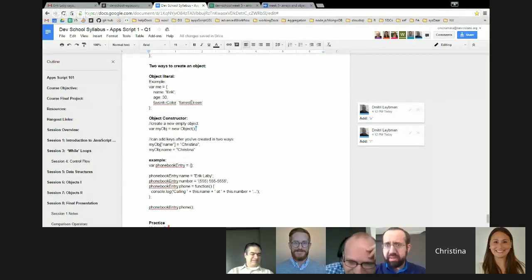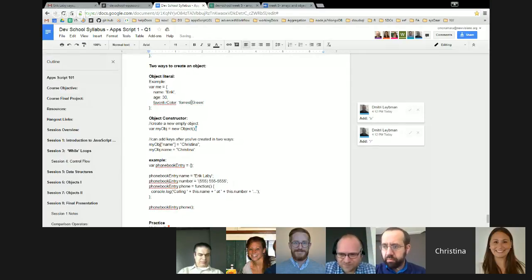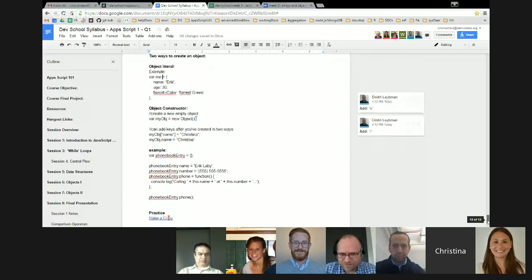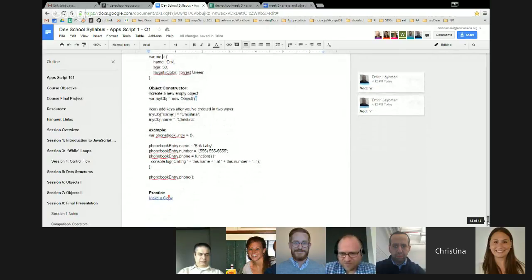She could have created that key using quotes and put a space in between favorite and color. That would have been totally legal on the left as well. But the reason you often see camel case with no spaces is because that allows you to use that dot notation down where she's defined my obj dot name. Like you could have me dot favorite color,